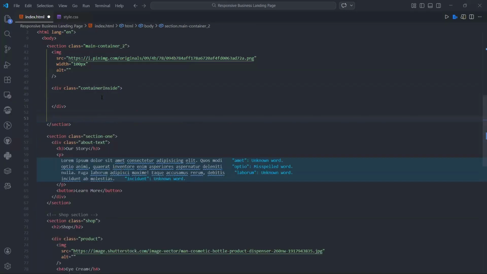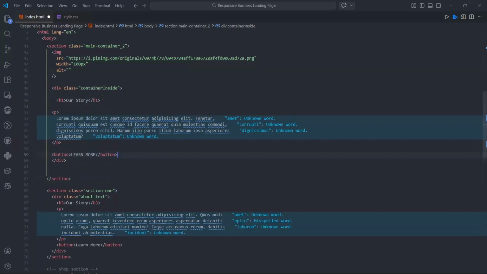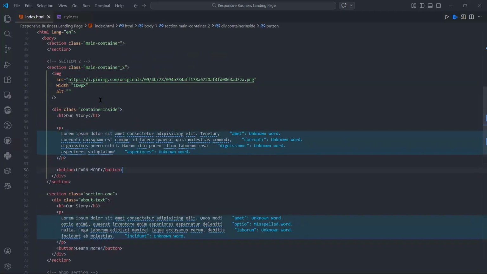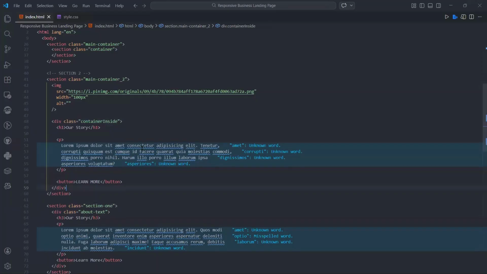I can cut this and put it inside, right? So now it means that I have 2 elements inside the main container, right? So since I have that, now I can just make this display flex, the main container. Then come here,